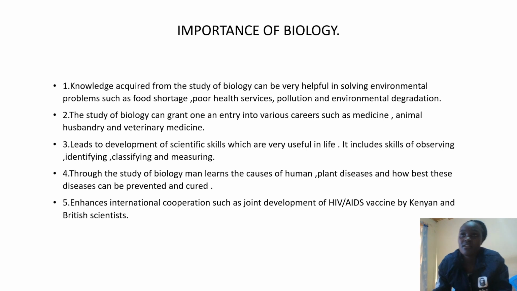And classifying, this is whereby you classify the organisms into various groups, such as the animals. The animals can be classified into the vertebrates and the invertebrates, whereby you can also distinguish the characteristics of vertebrates and the characteristics of invertebrates. Classifying can also be applicable in plants, whereby you can classify the plants into various families, using certain characteristics to classify them into families. Since the characteristics in plants enable you to classify them into various families.